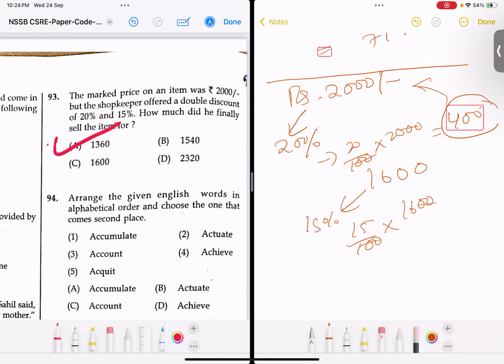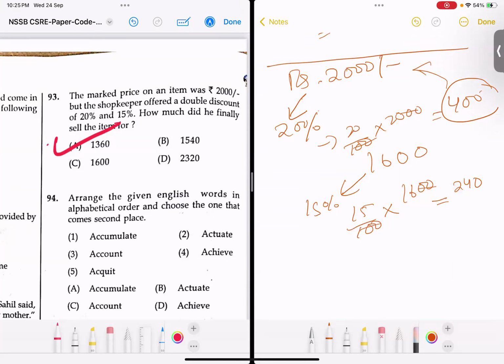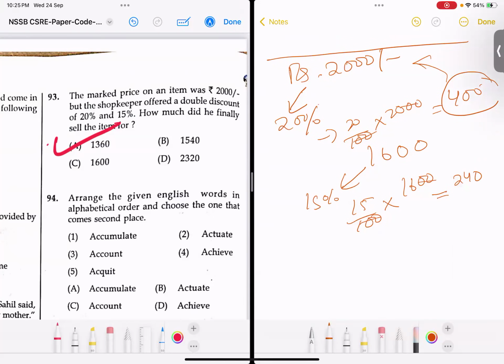So the second discount is we get it as 240, right? Which means he sold for how much? The second price was marked for 1,600. So 1,600 minus 240 is equal to